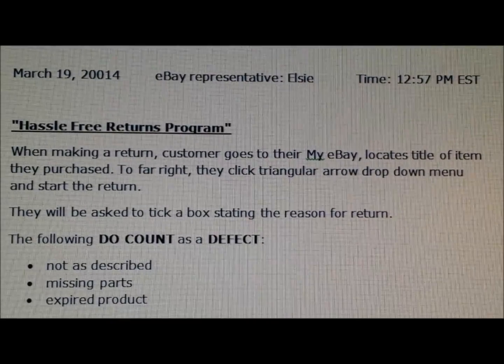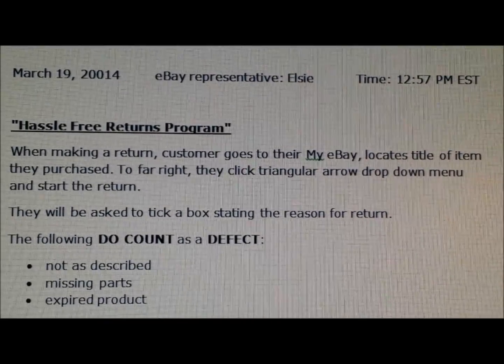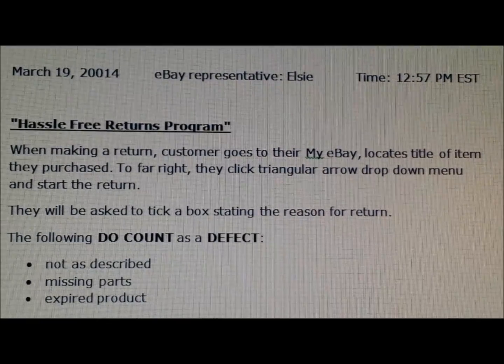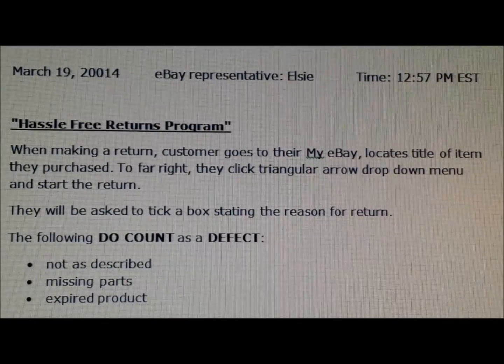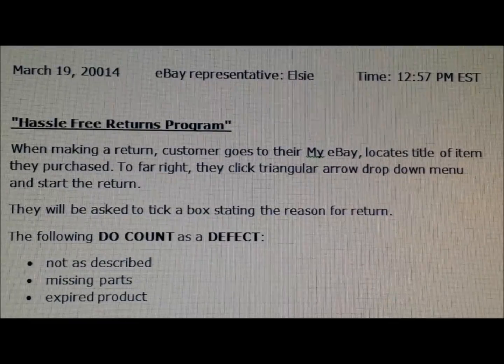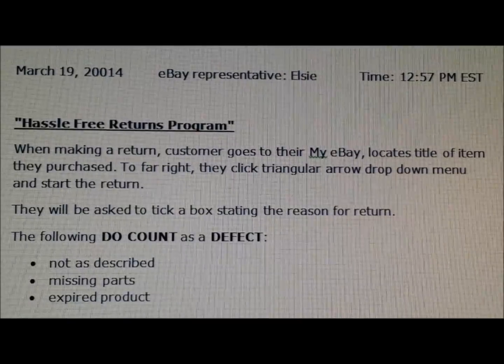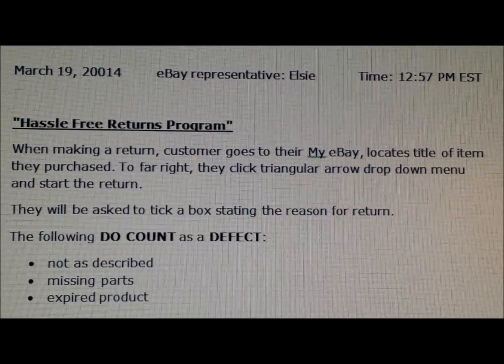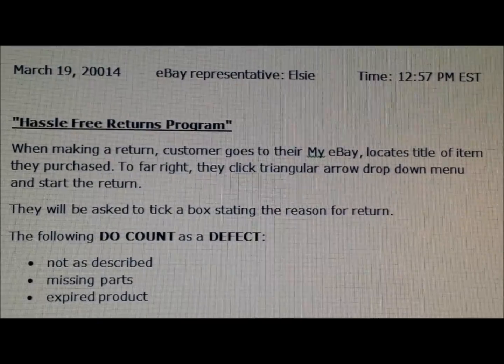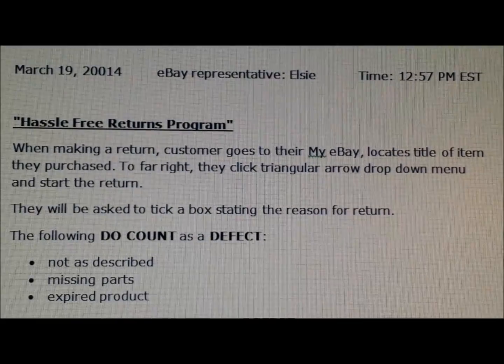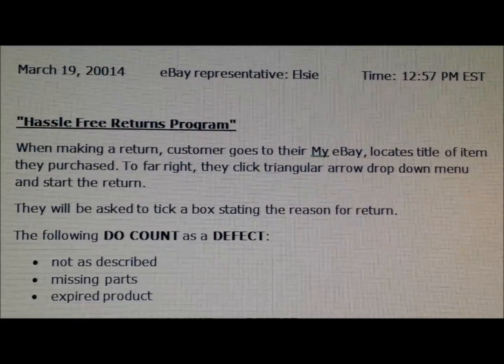And when they do that, several boxes will come up and they have to click one for the reason for return. Now see, if you're not using the hassle-free returns program, this isn't going to happen. They don't have that. The only option they have is either to contact you or just to do not as described.